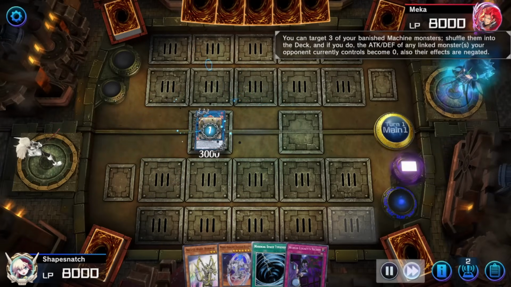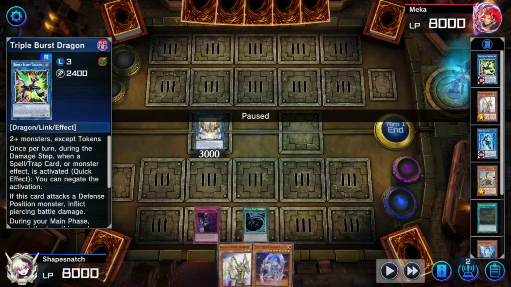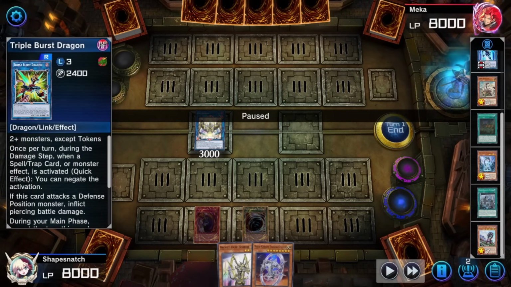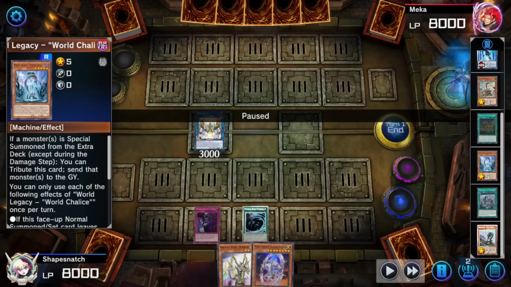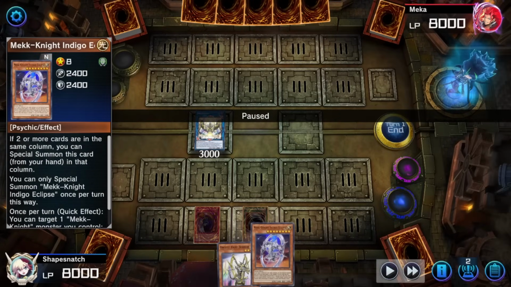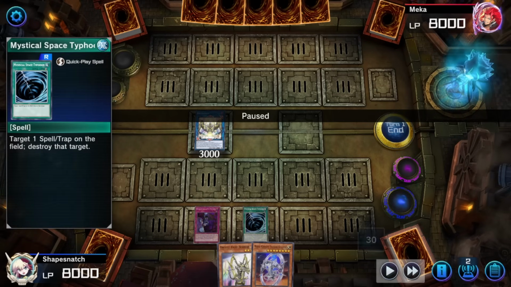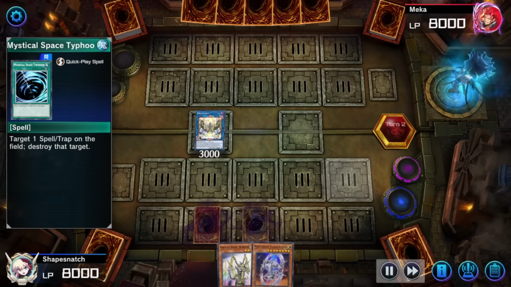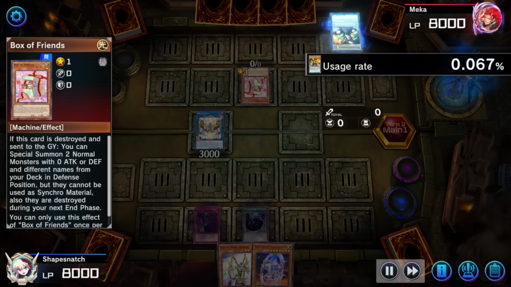So here we end on Orcustrion, plus we have a Heart Pourer engraved, and the Heart Pourer engraved is an amazing follow-up. World Legacy World Chalice is also a decent follow-up. We should have an Indigo Eclipse on the field as well, so we should have a negate as well. So yeah, and then we have our resource game set up, and our opponent is playing Metalfoes with